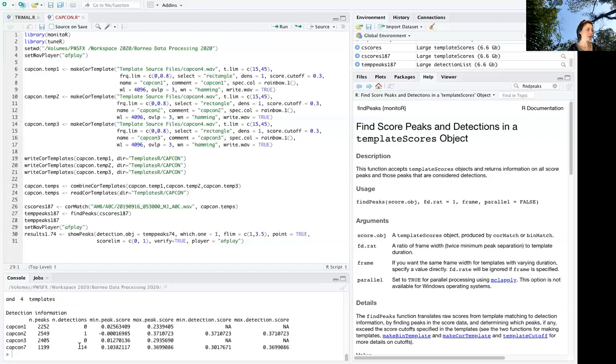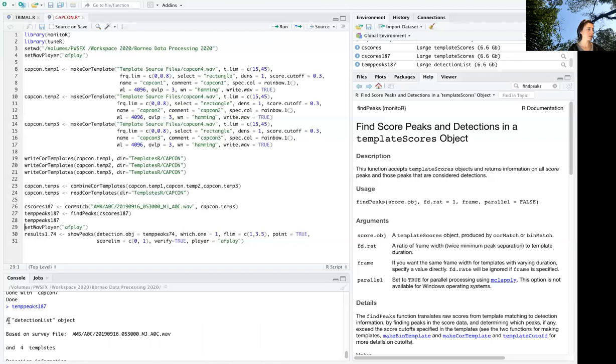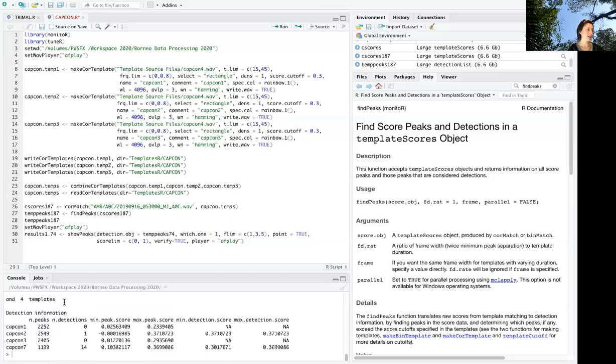Cool. So it's showing me this list object. Here's my survey file, and it's telling me how many templates there are. Here's information about the detections it made. This is the number of acoustic events, number of peaks for each template, number of detections. So there was 1 for my second template and 14 for the 7th one, which I'm not exactly sure what that is, but